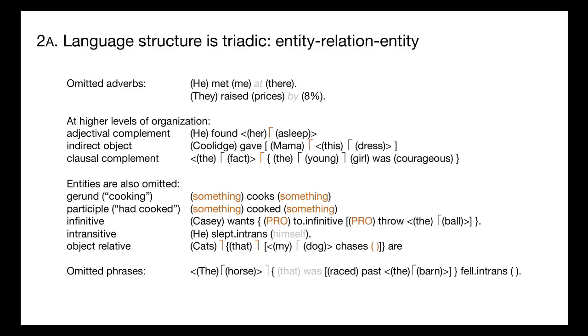You see it everywhere. Oh, the horse that raced past the barn fell. That's this classic garden path sentence, because if you just say the horse raced past the barn, you're expecting it to be a past tense verb, and you've got this picture of a horse racing past the barn, and then you throw in the verb fell, and now you're confused and you have to go reread the sentence. And what you left out was the horse that was raced past the barn.